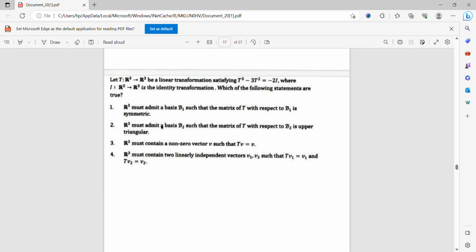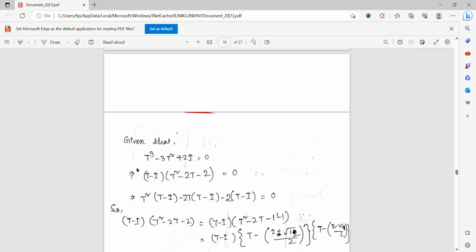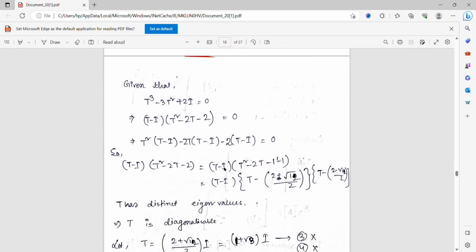Yeah, now come to this question. Many students have doubt in this question, so I think the answer should be challenged in this question. So T from R3 to R3 is a linear transformation satisfying T cubed minus 3T squared equal to minus 2I, and then the options are these. So just observe that T cubed minus 3T squared plus 2I equal to 0, and from here I can conclude